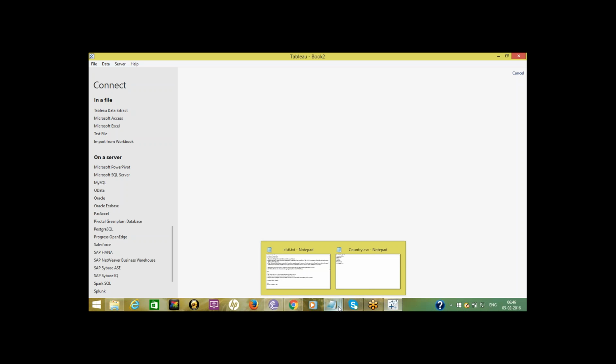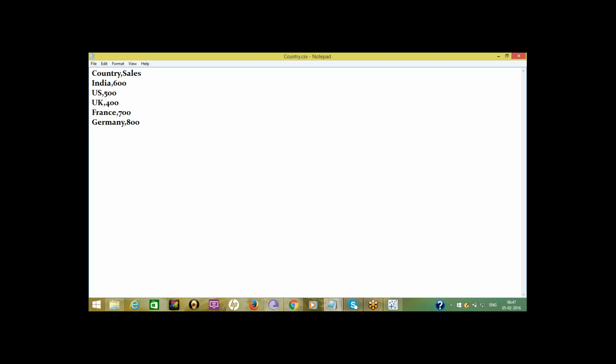But for a live connection, suppose I click on live connection and take a file from Microsoft Excel, which is already created data in our system, like Sample Superstore. Is that a live one? Yes, whatever the source may be, that may be a CSV file, an Excel file, an Oracle table, or a SQL Server table, whatever it may be.